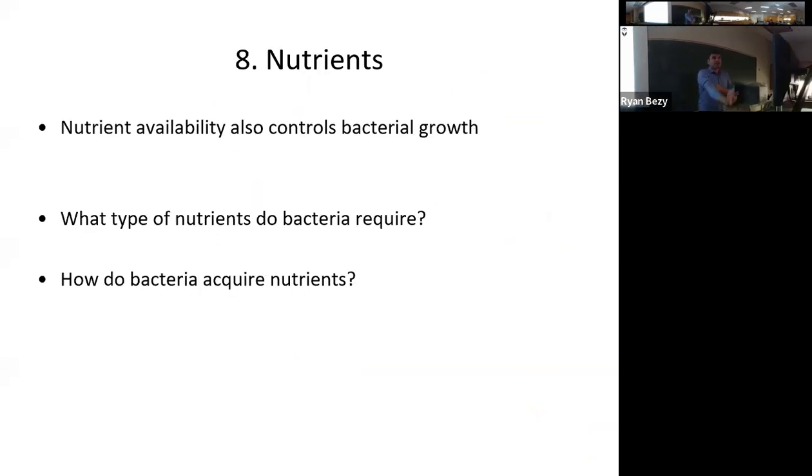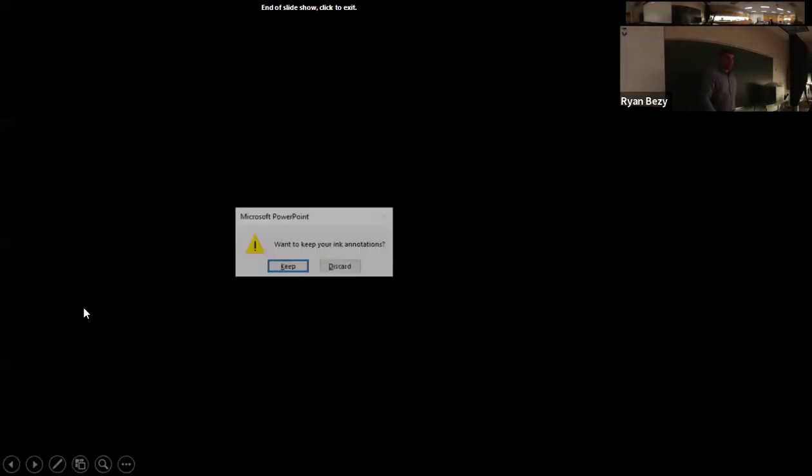All right. So that's a little bit on chemical inhibitors, and we'll talk about some of those more as we go through the semester. Nutrients. Nutrient availability also can control microbial growth. And different kinds of bacteria are going to require different kinds of nutrients. Different kinds of bacteria are going to get their nutrients in different ways. So what we're going to shift gears to is, yeah, nutrients can control microbial growth, but we're really going to start talking about what nutrients bacteria require and how they get those nutrients. We're going to shift gears into that particular topic then.